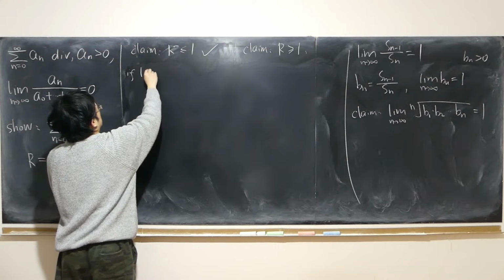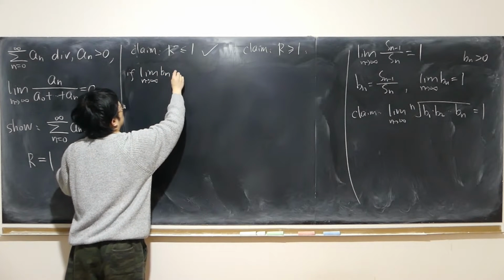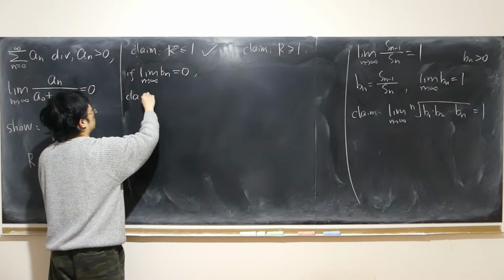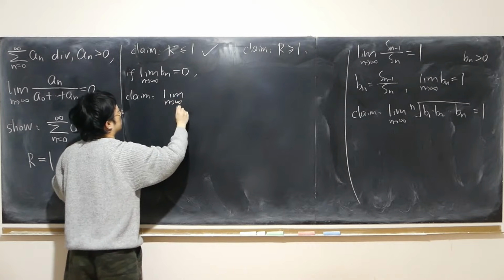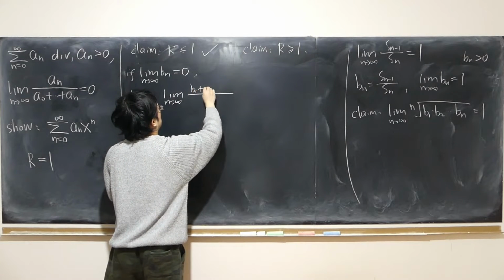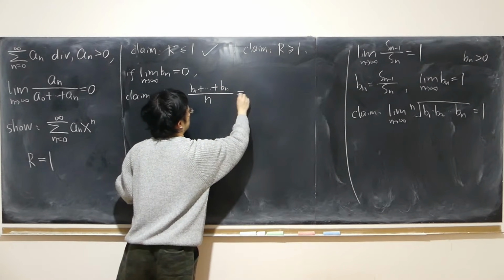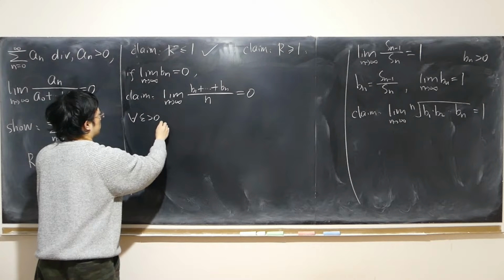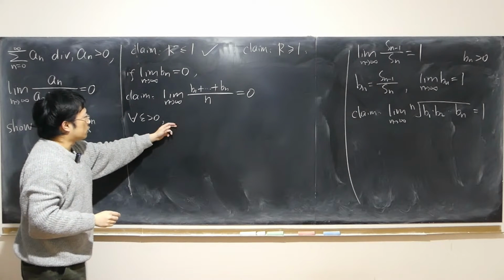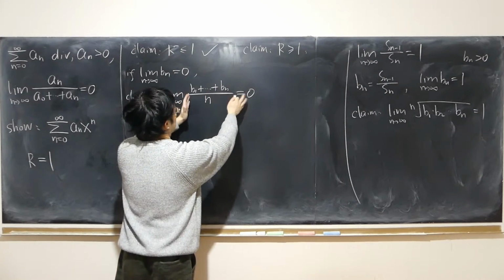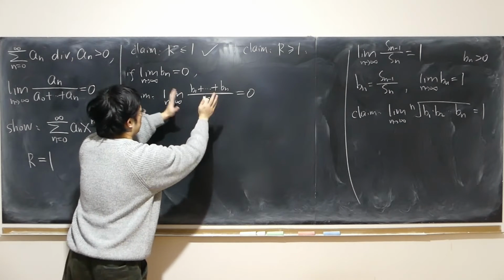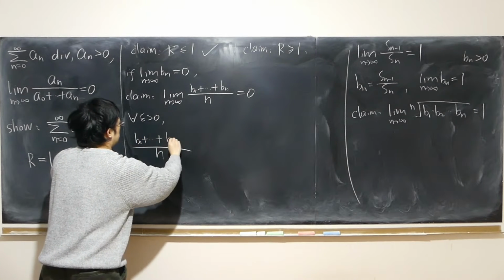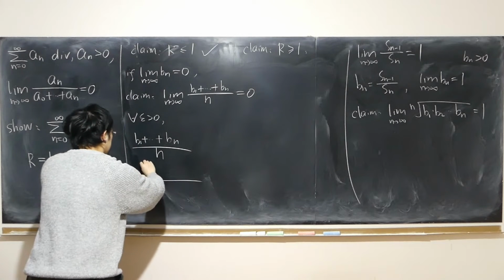So if the limit of Bn is 0 instead of 1, then I'm going to show that the limit of the arithmetic mean is also 0. Here's how. Given any epsilon bigger than 0, can we find a capital N so that when little n is bigger than capital N, this absolute value is less than epsilon? I don't need absolute value because it's already positive. So B1 plus ... plus Bn can be written as B1